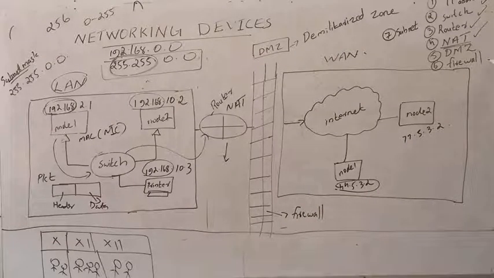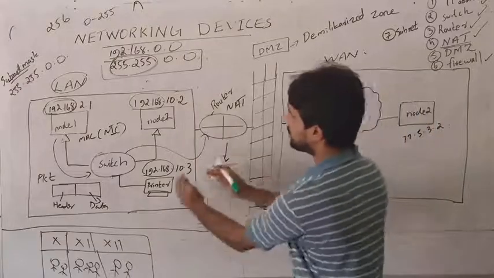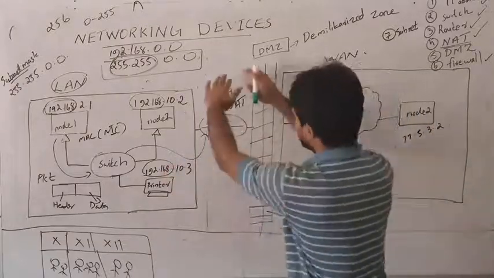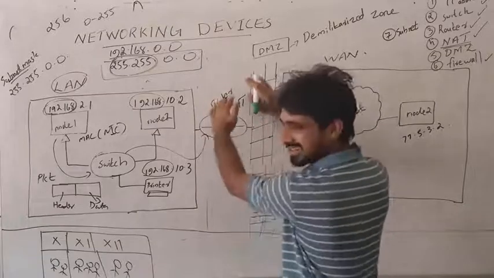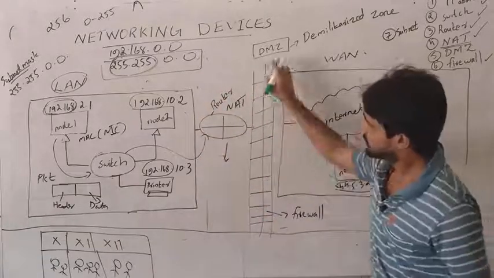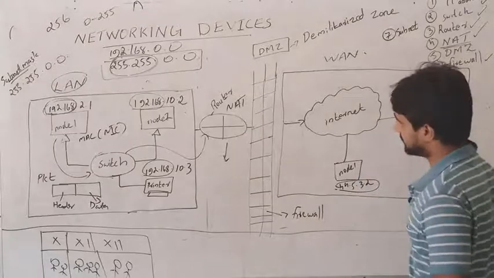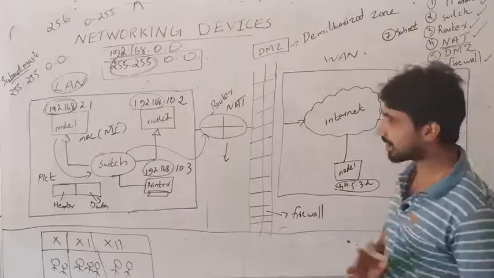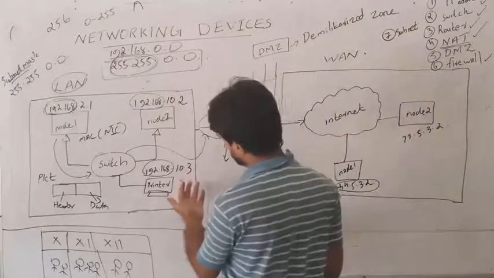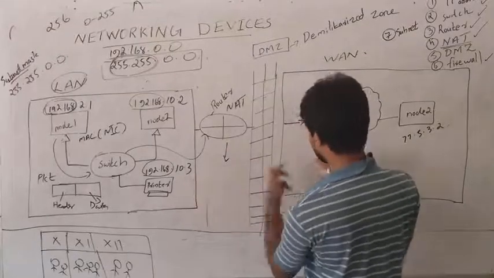Then we need to identify what the function of the firewall is. Look at that. In between this LAN and WAN, consider this area. This is nothing but a firewall. The name implies that it is a wall of fire. So we cannot send any particular data in between this and this.